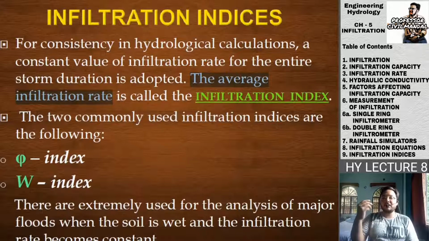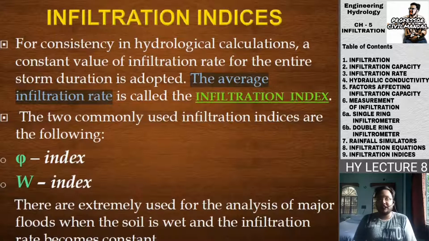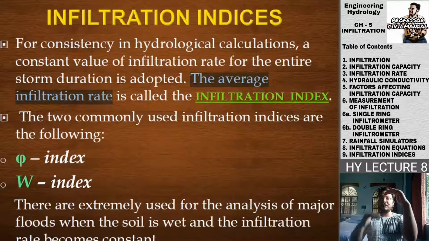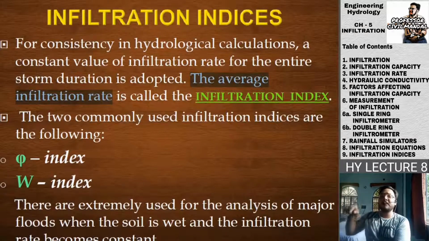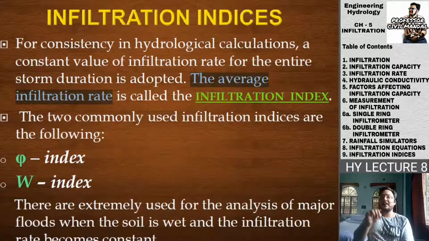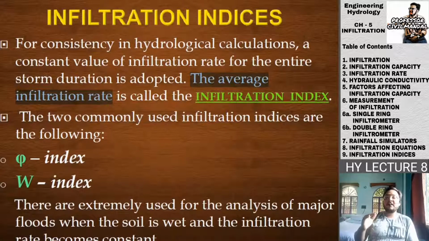Suppose we are making a measure of the infiltration rates at certain hours. Suppose in the first hour some amount of infiltration rate was there. In the second hour it had somewhat less infiltration rate, and in the next hour somewhat higher. So we make a bar graph like this, measuring the infiltration rate every hour. Now we will get one average value of all these infiltration rates for the period we are measuring, and this average infiltration rate will be known as the infiltration index, and we will thus make one line and know about the infiltration index.